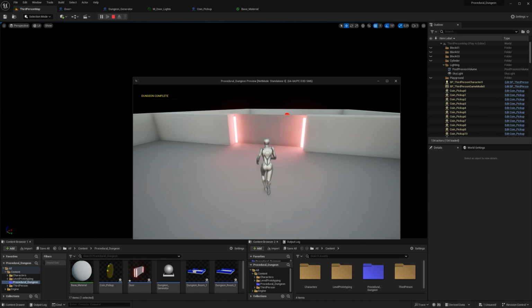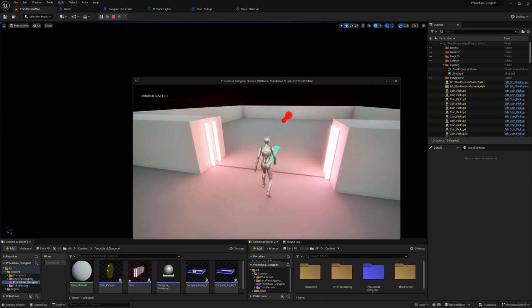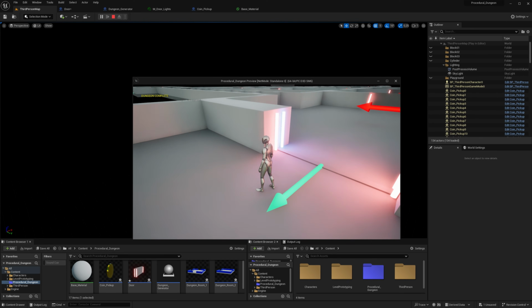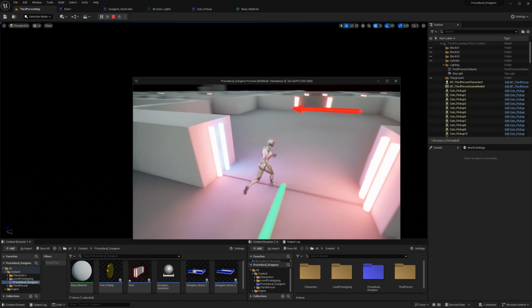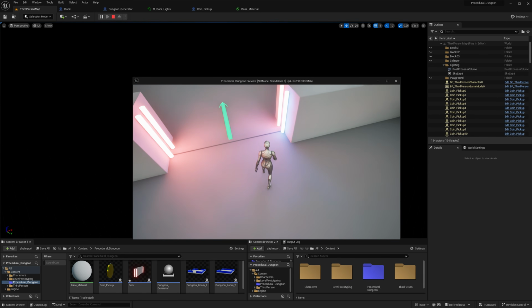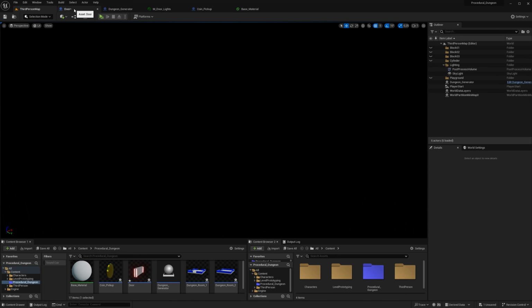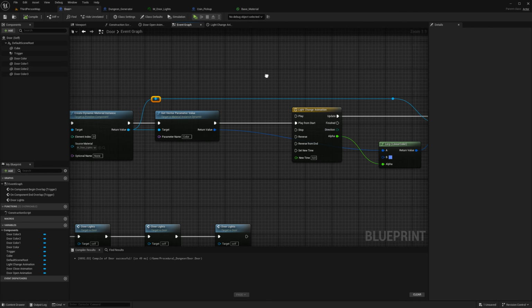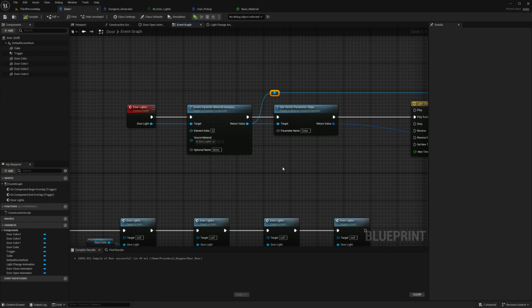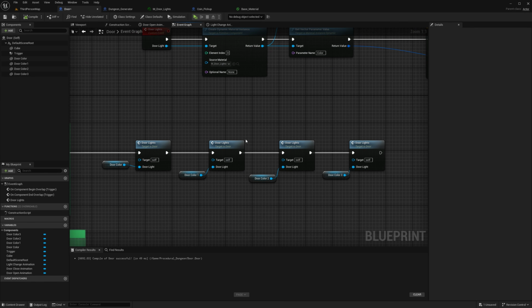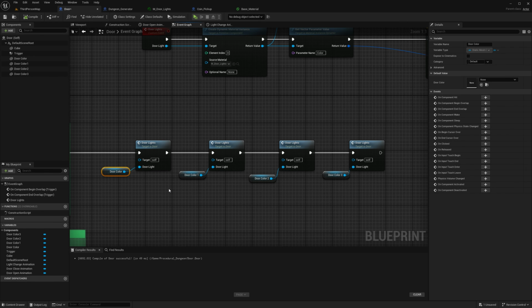Okay. It doesn't work. Okay, let's figure out why it doesn't work. I think one of them is blue. All right. Let's go in. Why is it only one of these that works?